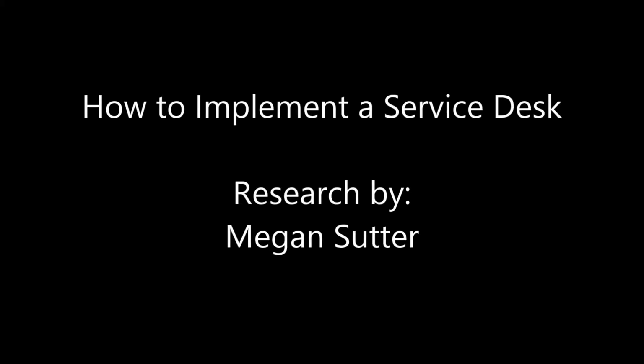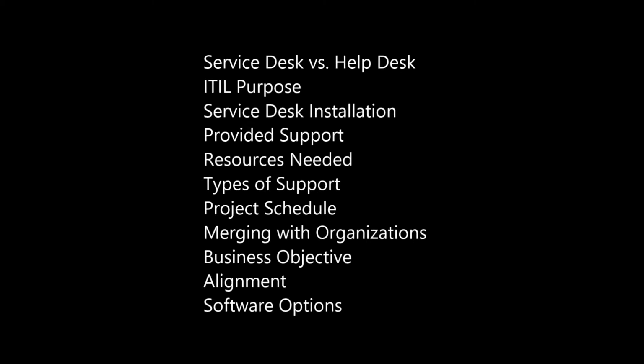I'm doing my research project on how to implement a service desk. So we'll talk about the breakdown of the research project and the takeaways that I've gotten from it so far. The first thing was the difference between a service desk and a help desk, and the main difference is